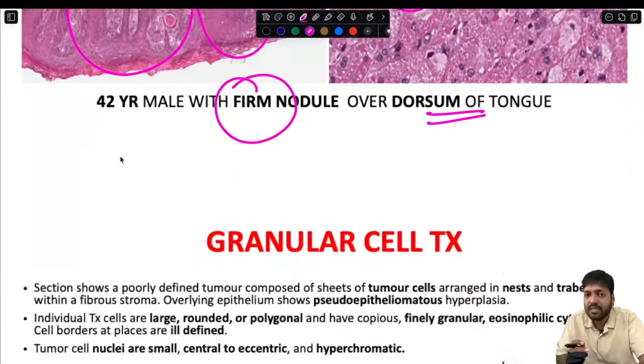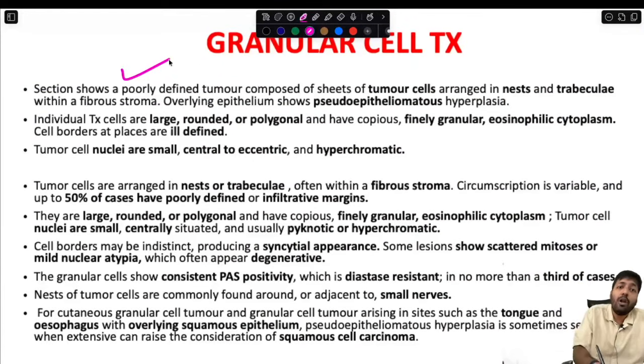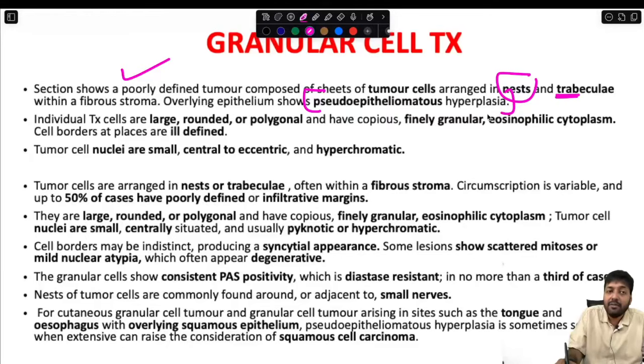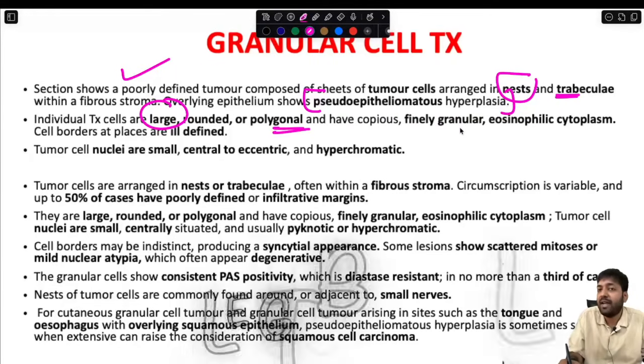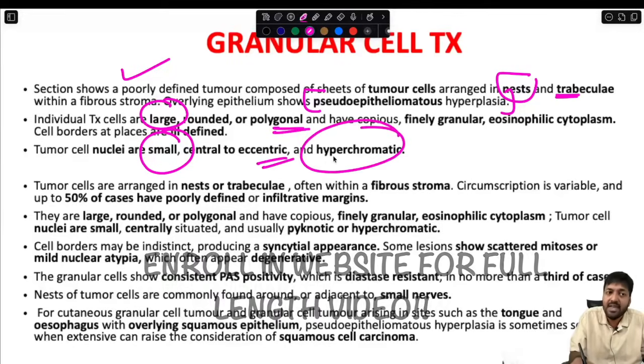So what is the diagnosis? It is a case of granular cell tumor. Section shows a poorly defined tumor composed of sheets of tumor cells arranged in nests and trabeculae within a fibrous stroma. Overlying epithelium shows pseudoepitheliomatous hyperplasia. Individual tumor cells are large, rounded, polygonal and have copious, finely granular eosinophilic cytoplasm. Cell borders at places are ill-defined. The tumor cell nuclei are small, central to eccentric and hyperchromatic. The tumor cells are